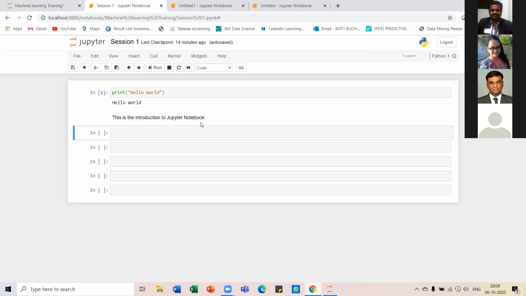In a similar way, suppose that you have written some lines of code in a cell and you want to describe what that code is about or what it is doing. You can use markdowns to do that. Okay.